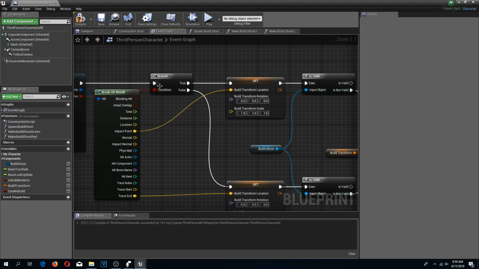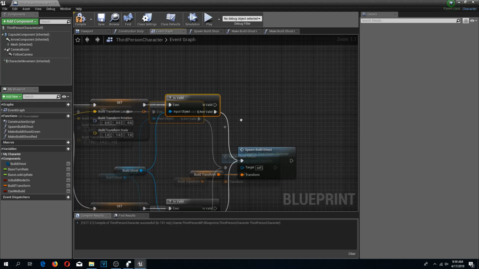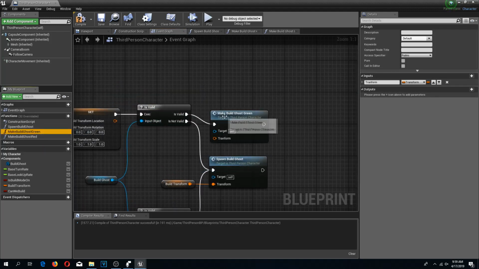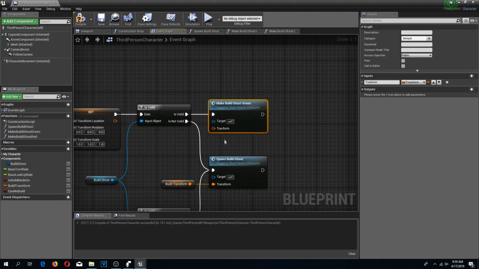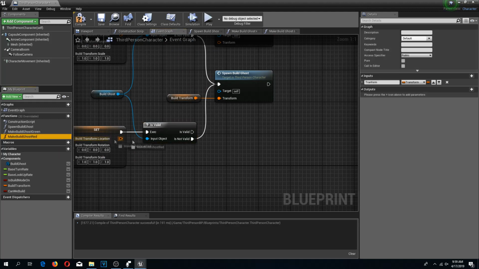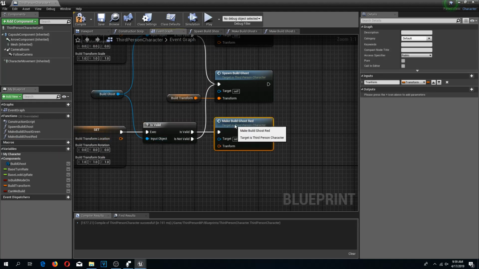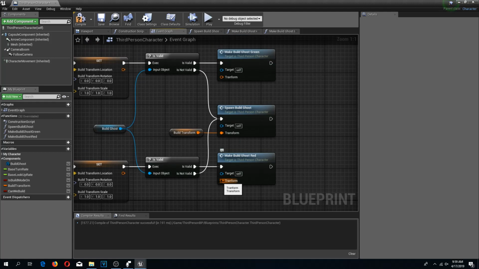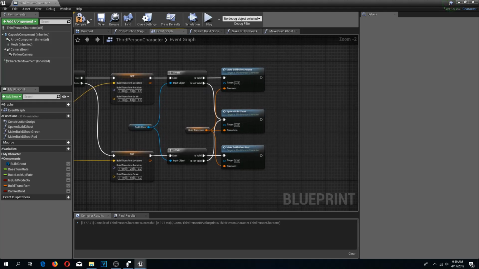Now if we have hit something and our build ghost is valid, we need to make the build ghost green, and if we haven't hit anything and our build ghost is valid, we need to make this red, because I don't want to build in the air. So we can now connect these transform pins to our build transform, and if we compile and save this, go